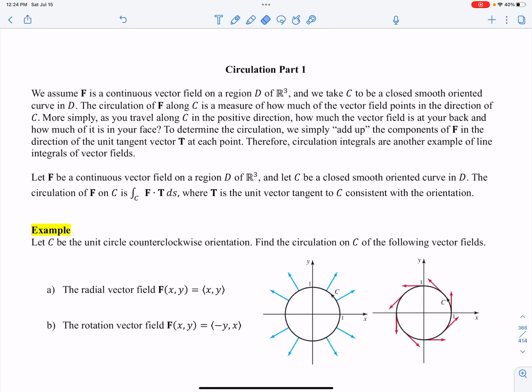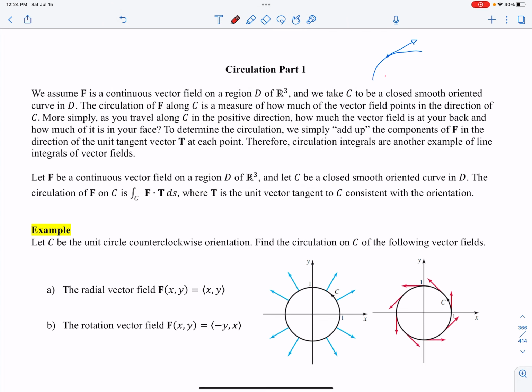In this video, we'll begin our discussion of what's called circulation in a vector field given a path. So this relates very much to work. The explanation is exactly the same. The circulation of F along C is a measure of how much the vector points in the direction of C. That's the same idea as work: I have some tangent vector, and we're still going to use the tangent vector on C because it tells me where we're going, and then I'd have some other function,